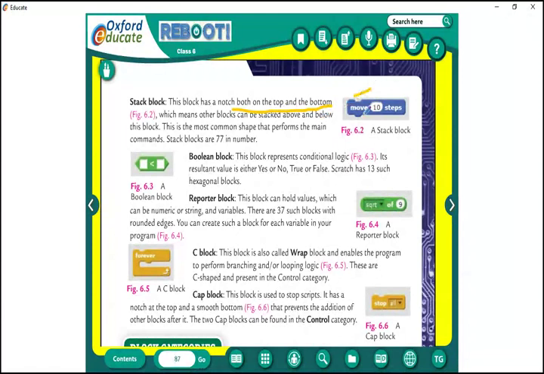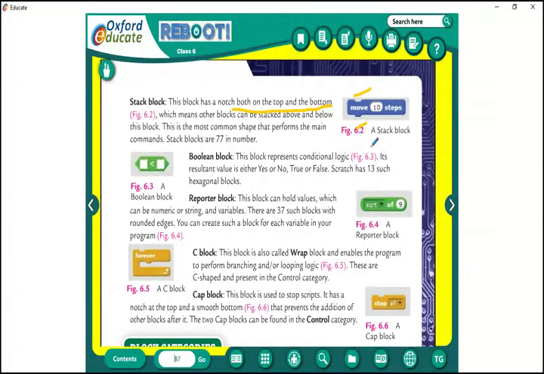So there are two notches for the stack block. Example: books kept one upon another. The class teacher says, please bring your notes here. So the first person keeps the book and another person keeps another book on top, one upon another. That is called a stack block.